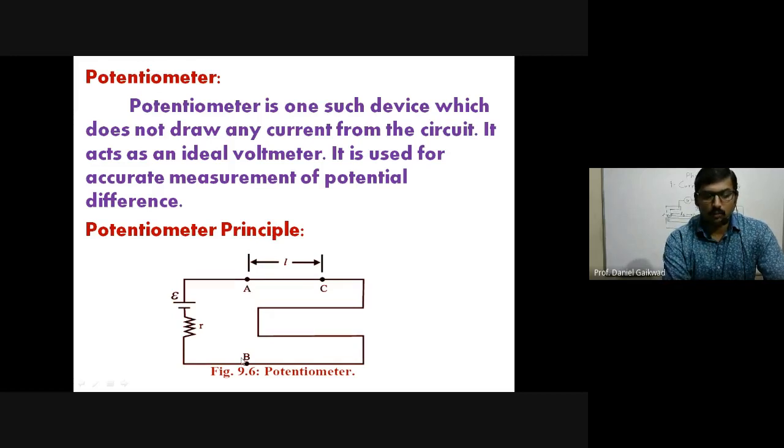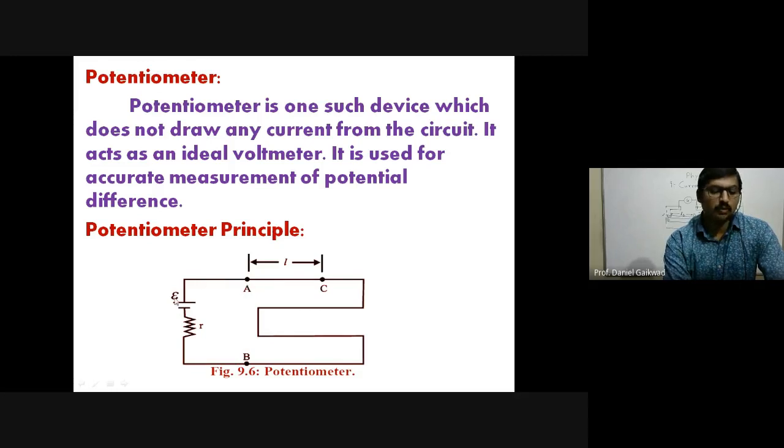Between point A and point B, we have a stretched or fixed uniform metallic wire. The metallic wire is stretched from point A to B in this zigzag form. Suppose from A to one side, each side has 1 meter. So 1 meter, 2, then 3, and suppose 4 lines. So a 4-meter wire is fixed between point A and B here.